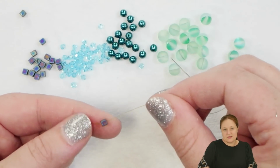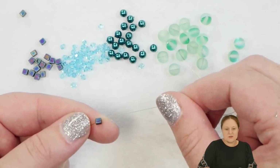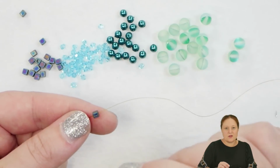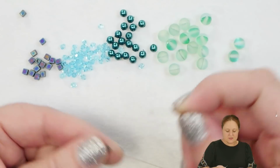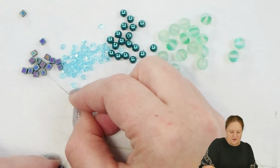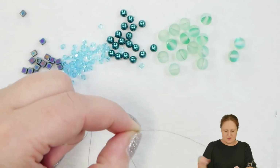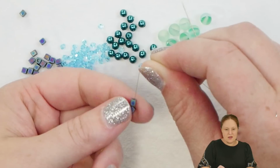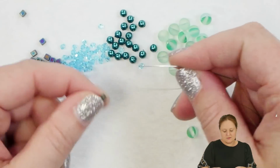I'm going to start with my stop bead, and I'm just going to pick up one of those cubes and loop my thread around that cube a second time. So this is my first of the 6 cubes that I need. I'll pick up another cube and let that fall down to the next cube. And then here what I'm going to do is